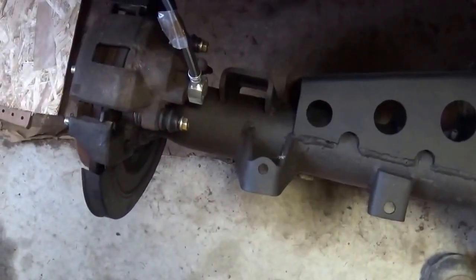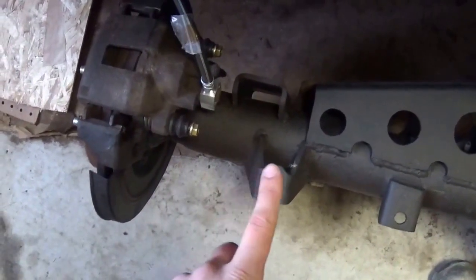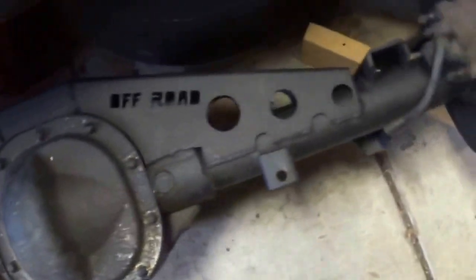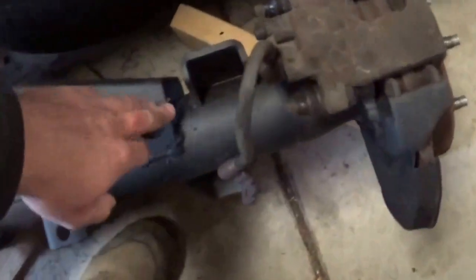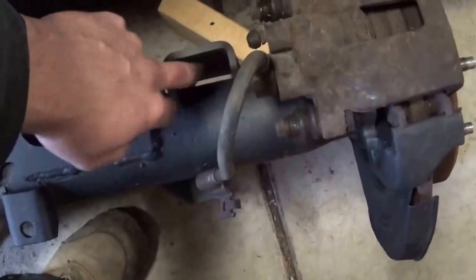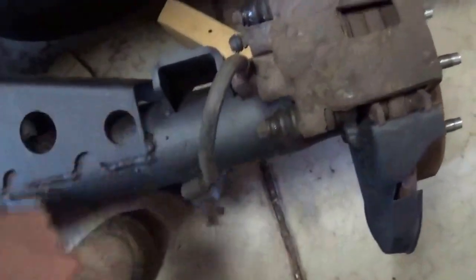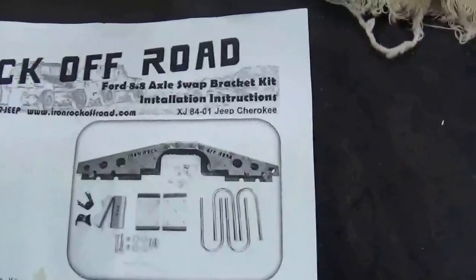Now, you got to remember this on the Cherokee. Shock mount goes behind the axle on the driver's side, and the passenger side's on the front of the axle because of where they're at on the Jeep under there. So you got to remember that. But the measurement from the pad to basically there is the same on both sides, and I'll show you the instructions right here. Basically, they go through